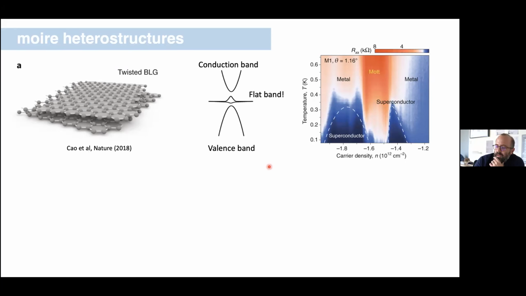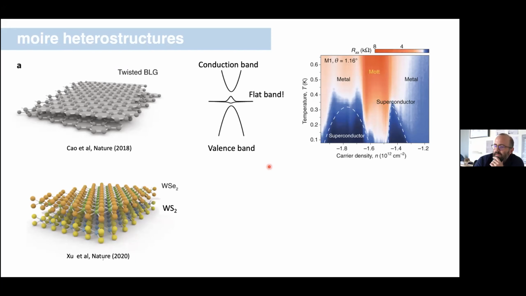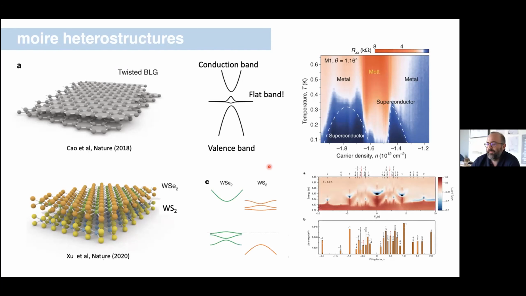Since then, as I said, we have access to a whole class of materials. We can investigate similar physics in these others as well. The transition metal dichalcogenides are interesting for a number of reasons. One is that they're different from graphene. They're not necessarily linear dispersion Dirac systems. They instead are semiconductors with a proper mass in the intrinsic state. And so now if you place one transition metal dichalcogenide on top of another, you have basically the interference between two massive systems. And again, you can get a flat band that emerges, but the nature of this flat band is a little bit different than it is in just bilayer graphene.